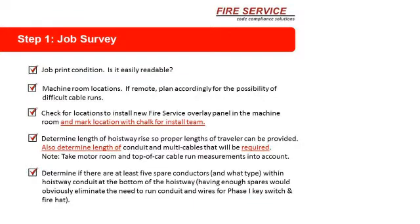Machine room location. If it's remote, plan accordingly for the possibility of difficult cable runs. Let me give you an example. Not recently, a couple of years ago, I was down at Ventura. I went out there with one of the supervisors and a sales guy, and we sold some fire service out there. One of the things we noticed was, when we went into the machine room, which was out on the 4th floor,